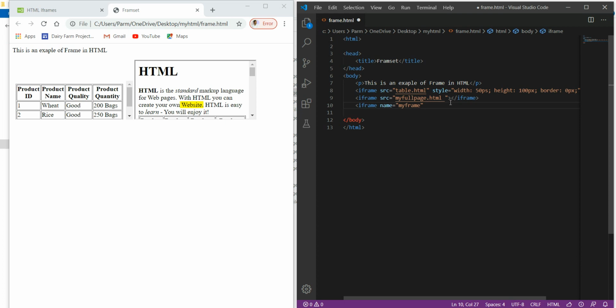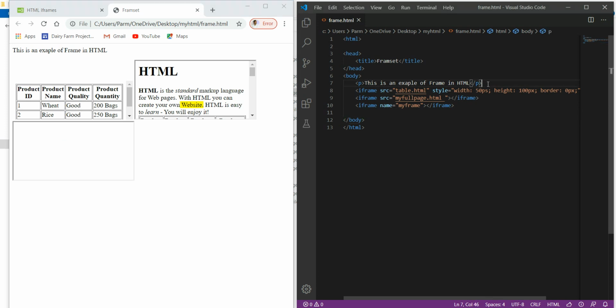Here I close this frame. This way I have created a frame with the name myframe, but I have not given any source file that would be displayed in this frame. I will save this, refresh it. Now see, here the frame is created, but doesn't display any file.